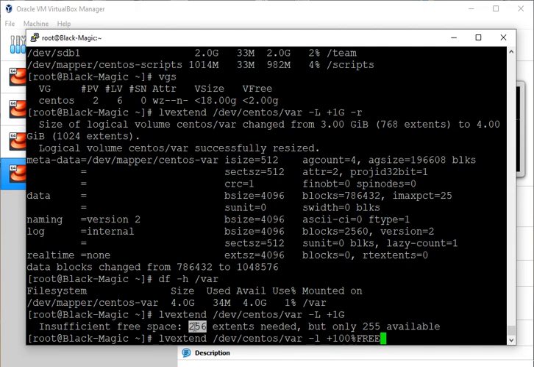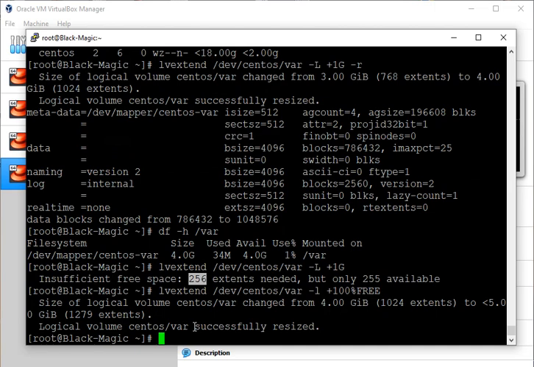Whatever space was available, we used it, plus 100% free. Now it is 4 GB. So the logical volume centos was successfully resized,